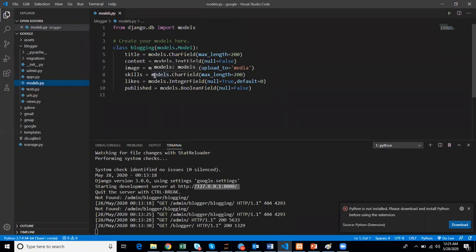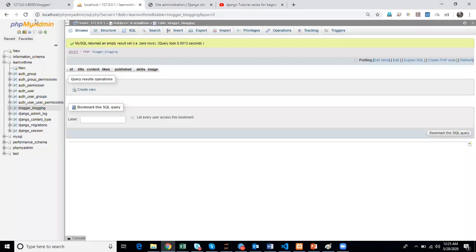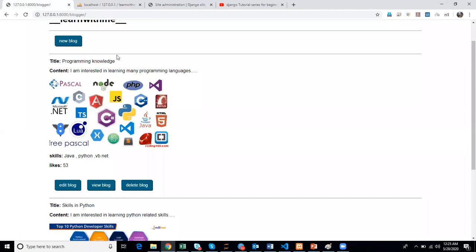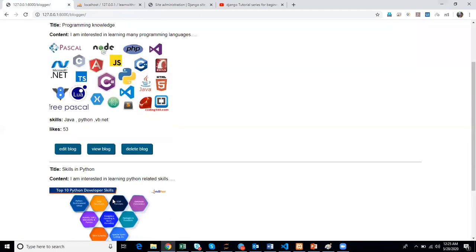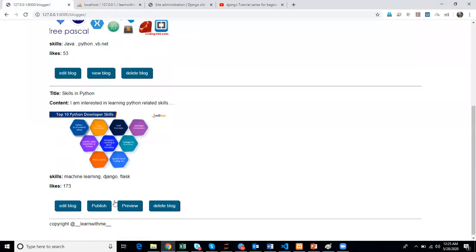Can we build a form page? All this data is coming directly from the view. Can we have a form where we can update title, content, images? We can upload images, and skills and likes as an integer. And there is a published field, based on which these buttons will vary and blog content is viewed. For all those things we need forms so that we can update and push into the DB, and then that can be reflected here.